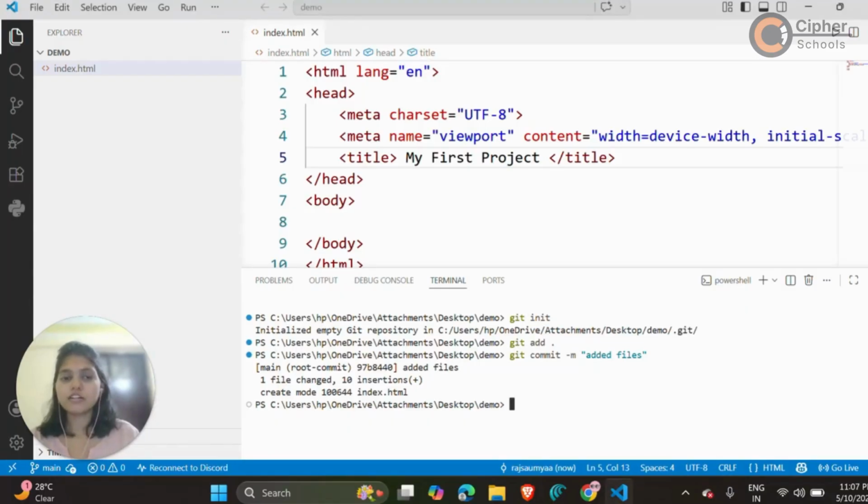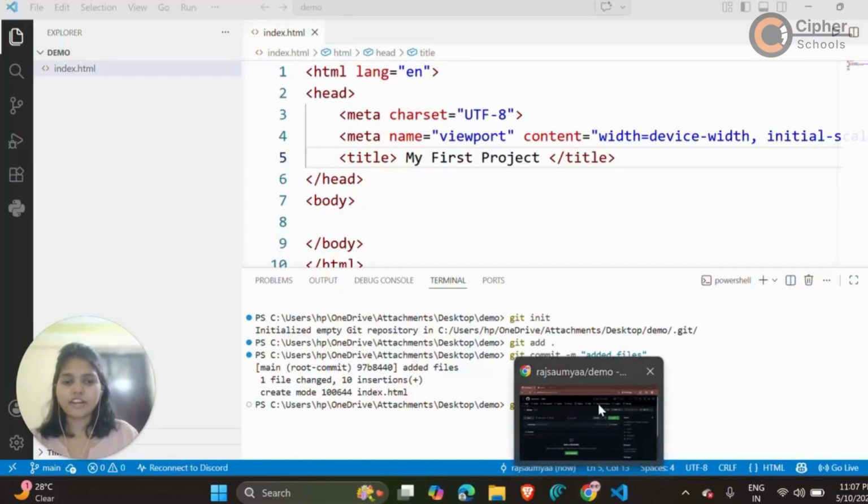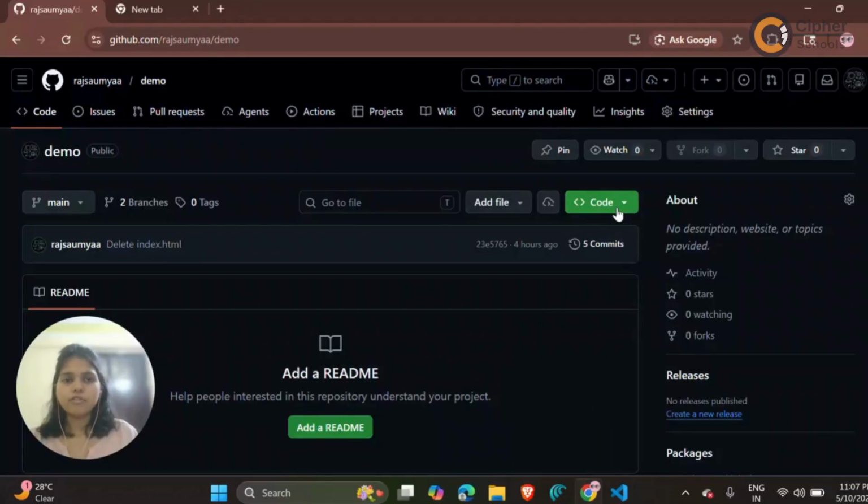So we are moving to the next Git command, which is git remote add origin, from where we can connect our local project to our GitHub repository. So git remote add origin with the URL of our repository. I have already created an empty GitHub repo here.